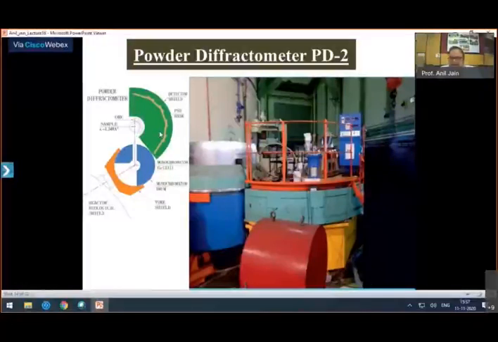Due to these 2 interpenetrating FCC lattices, which are shifted by 1/4, 1/4, 1/4, we get a very important extinction condition here. For the FCC lattice, you have a condition that all HKL should be either all even or all odd. But due to this diamond structure for silicon and germanium, we get this additional condition that when H, K and L are even, then the sum H plus K plus L should be 4n. Then only you will get this diffracted beam. Otherwise, your structure factor becomes 0. And this gives an important advantage.